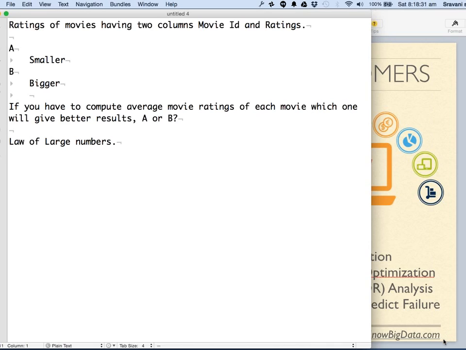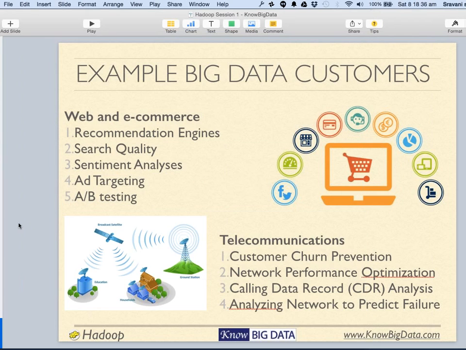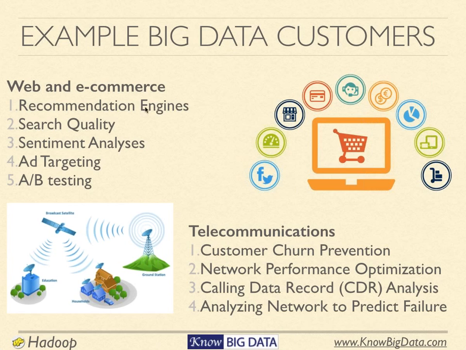So that is one big reason that big data matters a lot, specifically in real life scenarios. When you deal with humongous data, it generally gives you a better outcome.